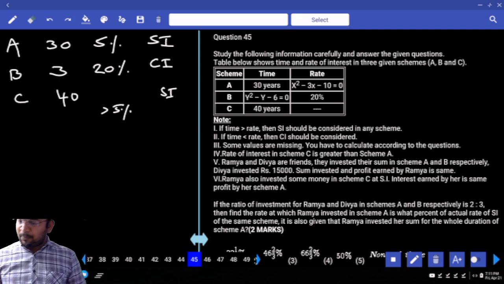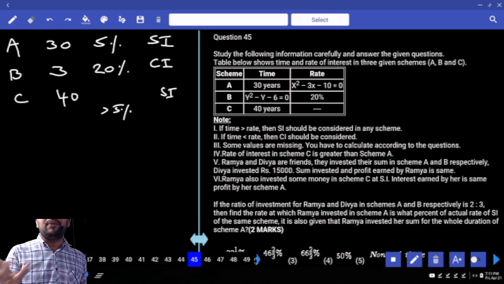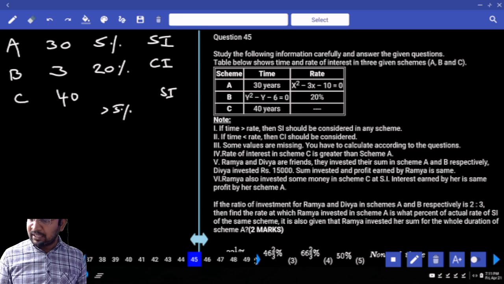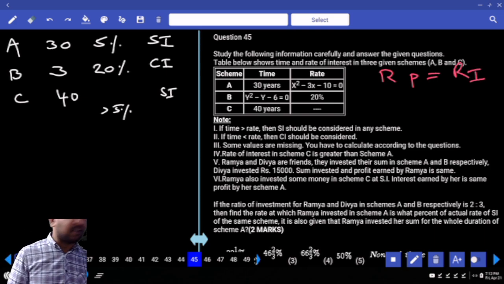Sum invested and profit earned by Ramya is same. Whatever Ramya invested, that investment will be equivalent to profit. Profit is nothing but interest. So interest will be equivalent to investment, that is nothing but principal. So you can say confidently, Ramya's principal will be equivalent to Ramya's interest. Interest is nothing but profit. Next,